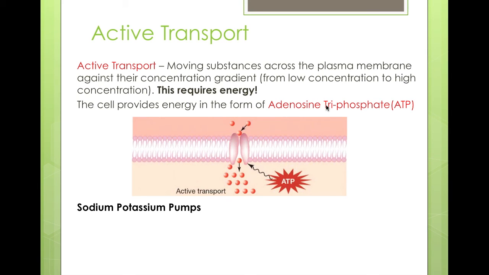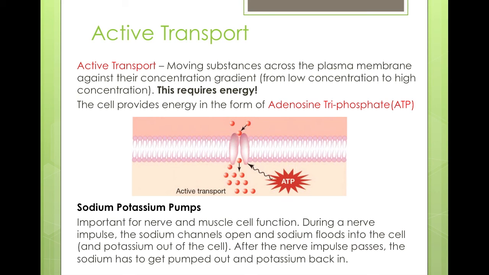One type of active transport channel is what we call the sodium-potassium pumps. These sodium-potassium pumps are really important for nerve and muscle function. When your brain sends out a nerve impulse, it releases a polar molecule called sodium, and the channels need